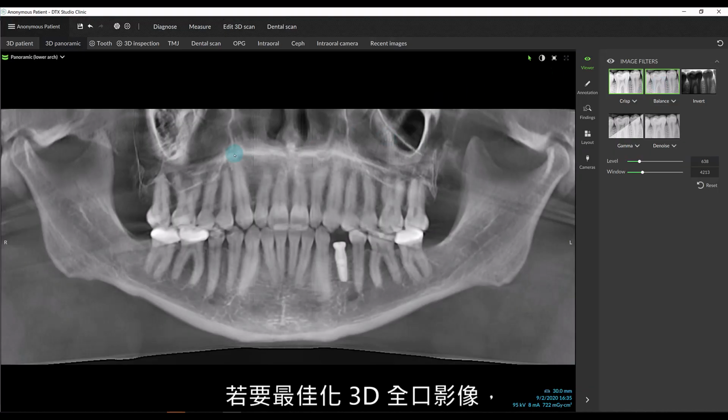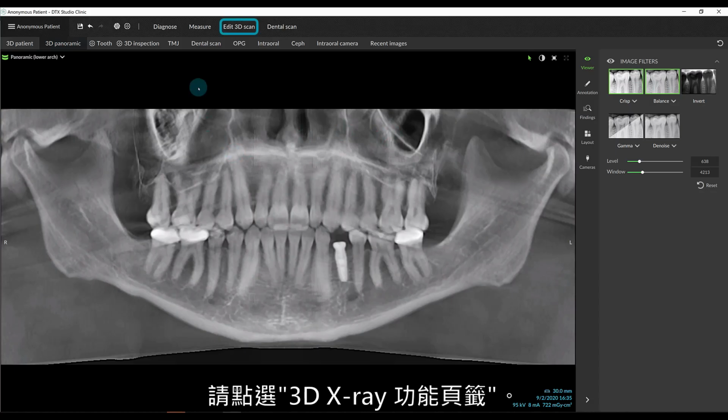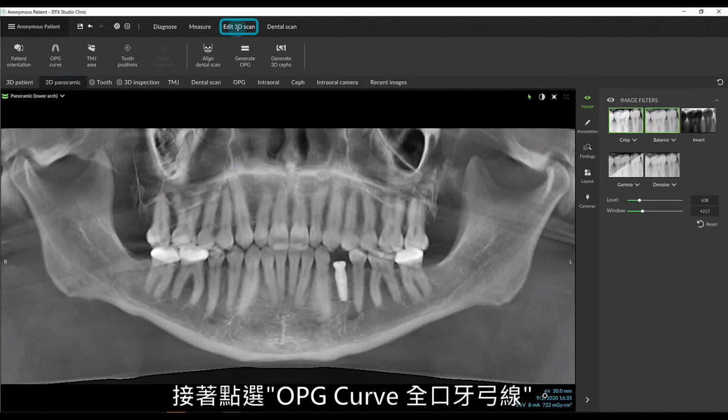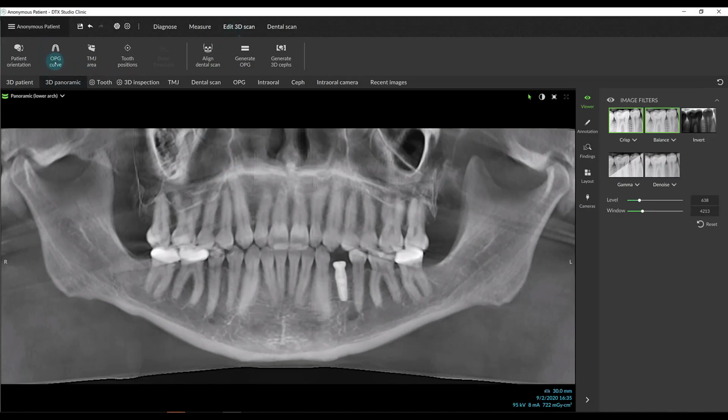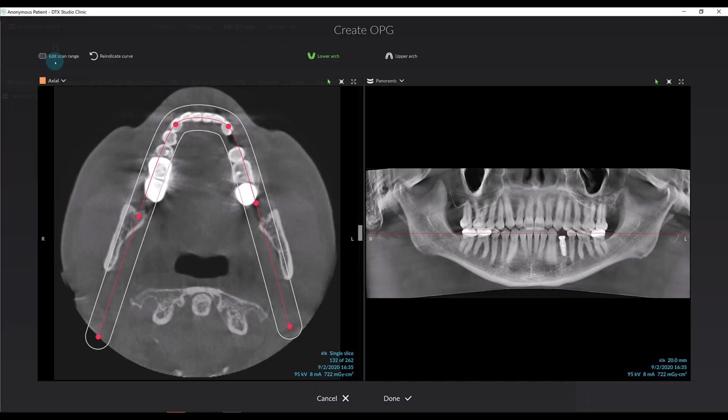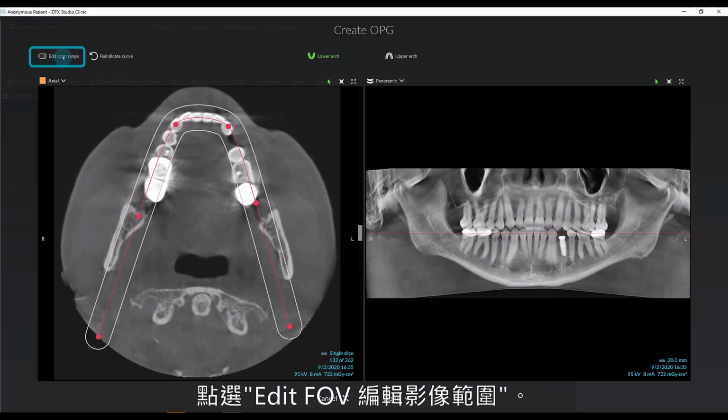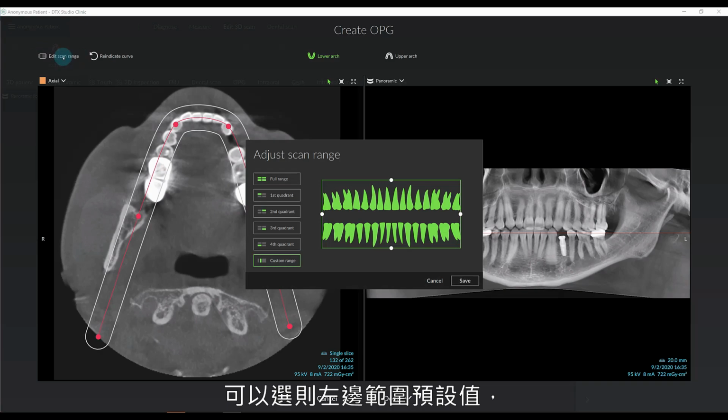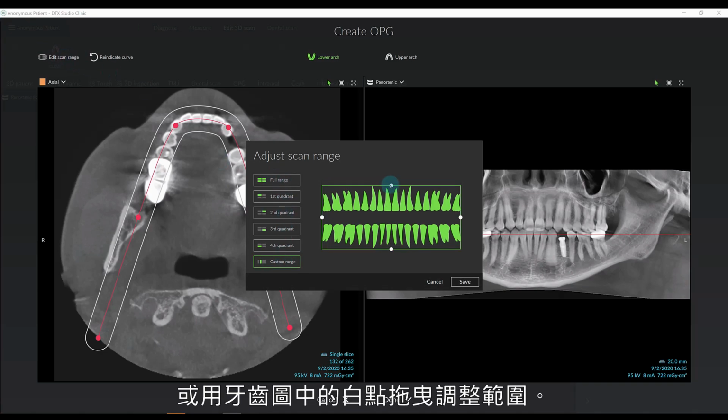However, if we wanted to optimize the 3D panoramic radiograph, we could edit the 3D scan in the menu bar by selecting Edit 3D Scan, and then selecting the OPG curve. If we needed to edit the scan range, we could select Edit Scan Range. We could use one of the presets on the left-hand side, or we could select the white dot and left-click and drag to the region of interest,